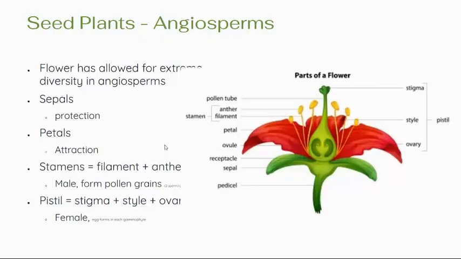Stamen, they're the male. Alright, like semen or whatever, however you say it. But stamen, they are the male part. They are the male reproductive organs, and they produce pollen, consisting of the filament and others. And the anther,